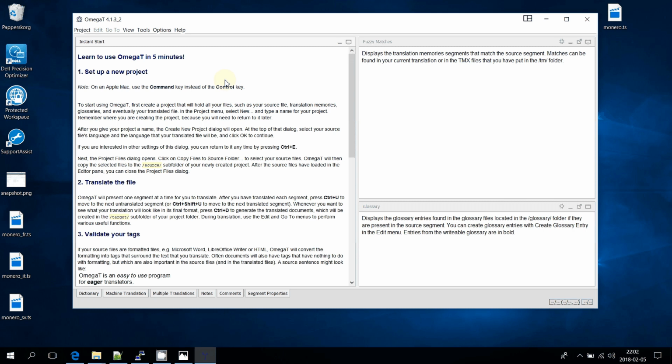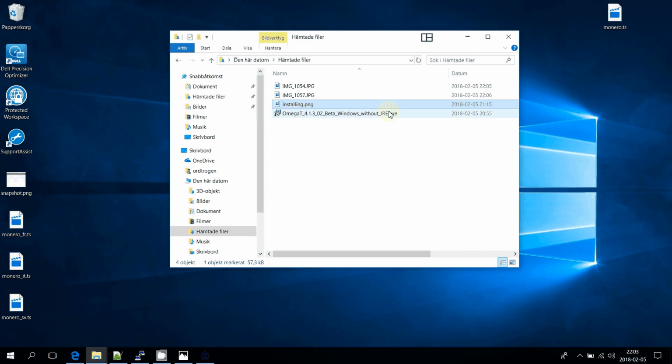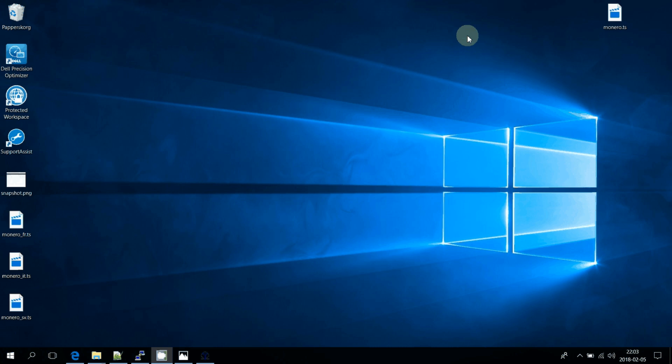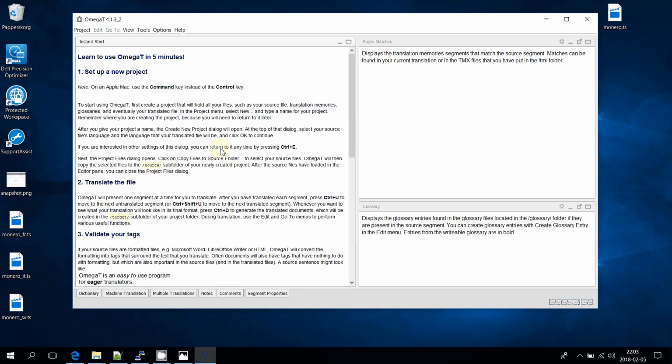So let's see. Yes, now we need a second thing. We need to install one thing more before being fully able to make use of OmegaT. OmegaT's file support is based on a plugin architecture, and when you install it, it doesn't really say so in the user interface, but there is built-in support for a large number of file types. So it is useful out of the box for translating things like maybe flyers and web pages. But as Monero localizers, we are interested in the .ts file format, which is used by the daemon and the